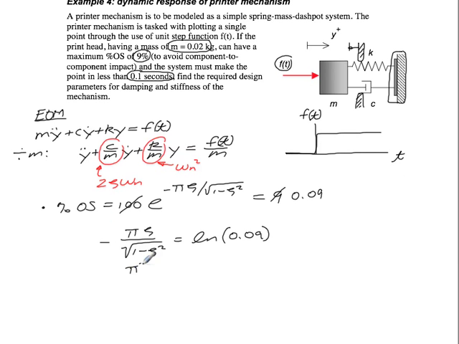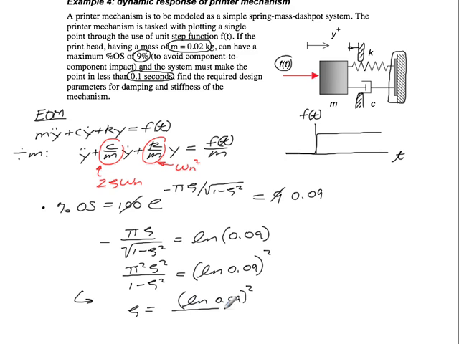If I square both sides, I get pi squared zeta squared divided by 1 minus zeta squared is the log of 0.09, that quantity squared. Therefore I can solve for zeta as the square root of the log of 0.09 squared divided by pi squared plus the log of 0.09 squared. So in order to meet the criteria for the percent overshoot, all we need to worry about is the damping ratio. We have to have a damping ratio of at least